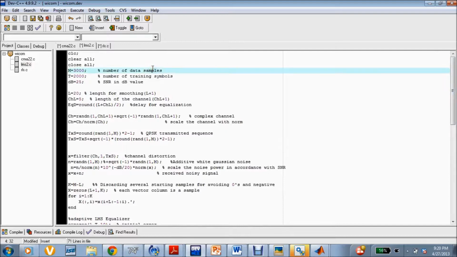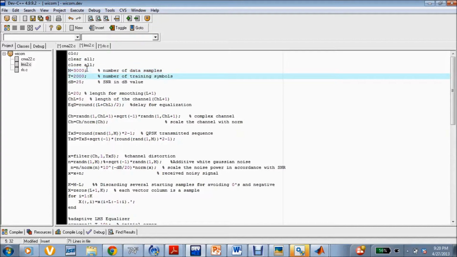So I've taken a data sample of 3000 points, and I've taken a training sample of 2000 points. I've selected a signal to noise ratio of 25 dB, and I've taken the smoothing length for the channel as 20. During this process, the channel output is smooth. So the values between these intervals are not considered in the calculation, and the channel